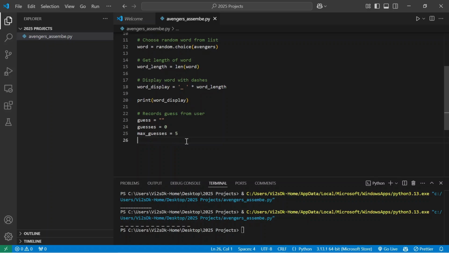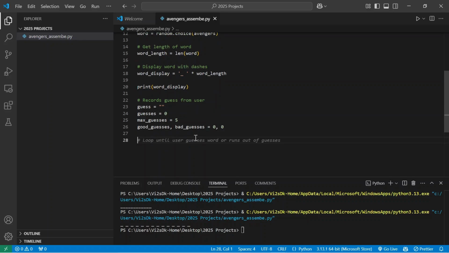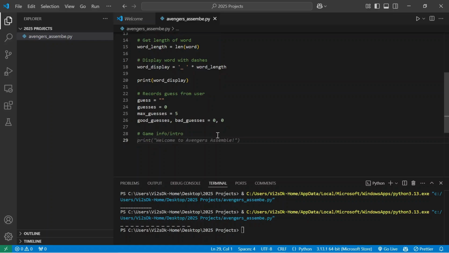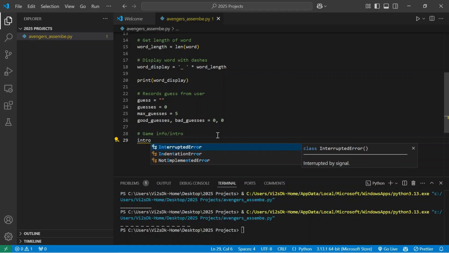So again, we're going to need to record some variables. We'll use a guess, which is currently blank. We'll also have guesses, which we're going to keep track of. We need a maximum number of guesses. For now, we're not going to do too much crazy stuff. Just say, hey, we're going to have a maximum of 5 bad guesses